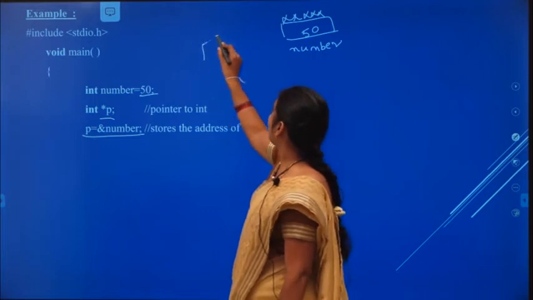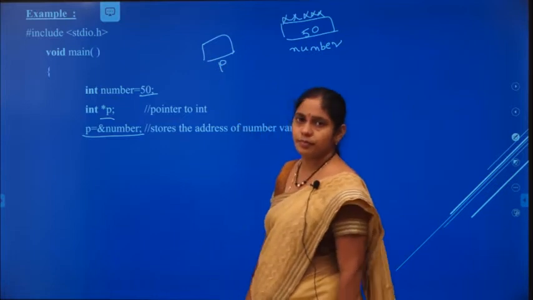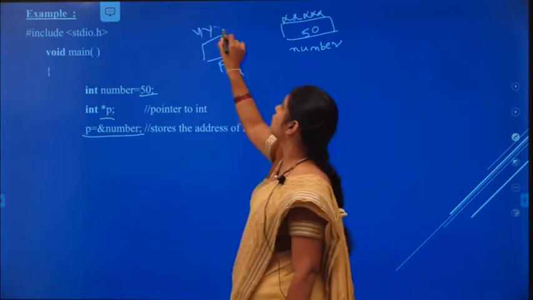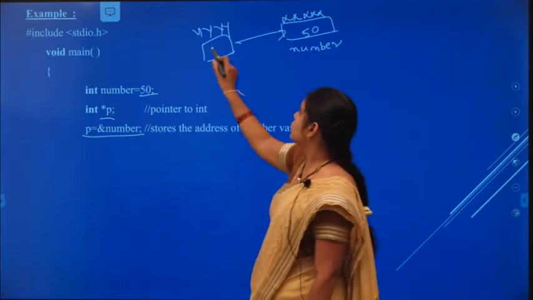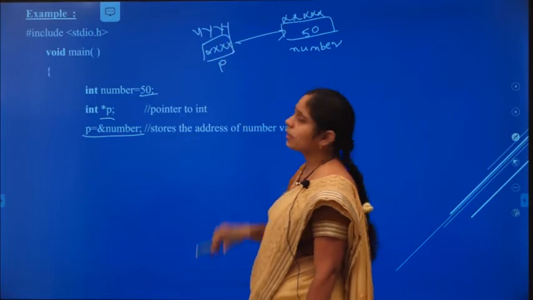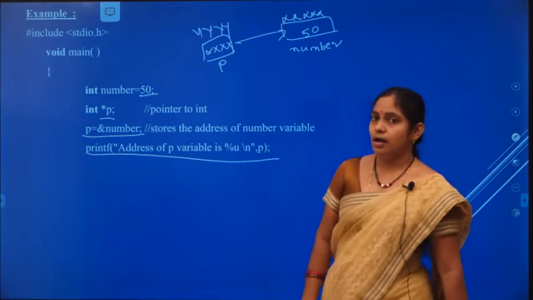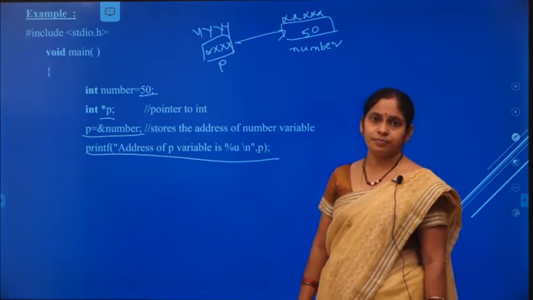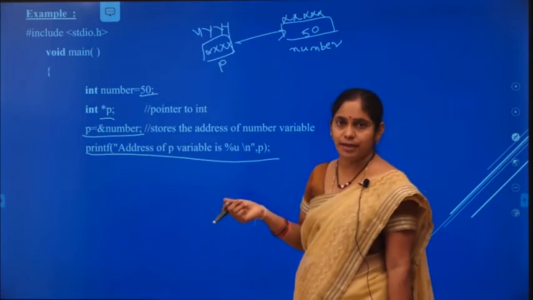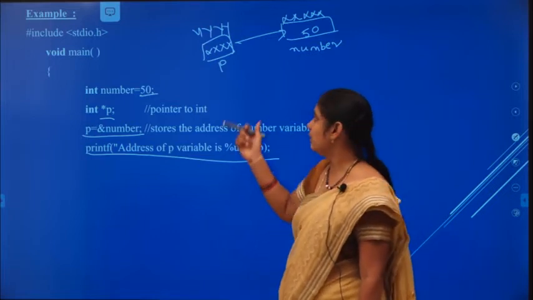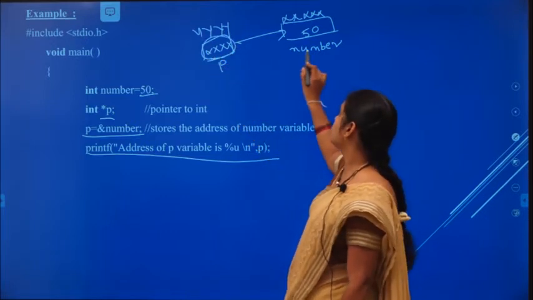We are pointing to this number with the variable p, which has another location of its own. So the address of that number is stored in p. Now we are just printing the value of p, which means the address stored in p. The value of p is xxx, and that is the address of this number.